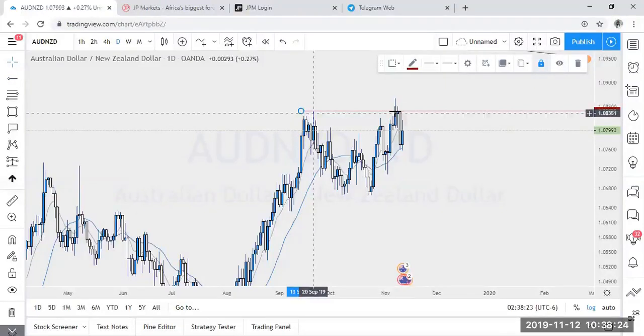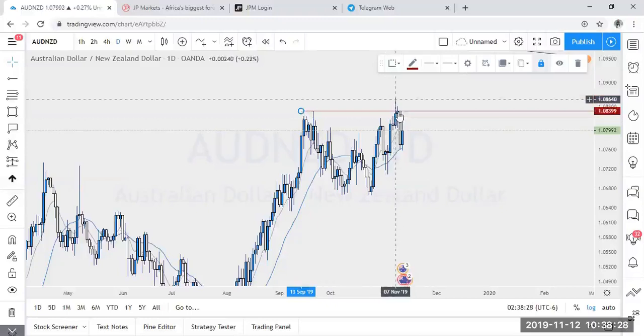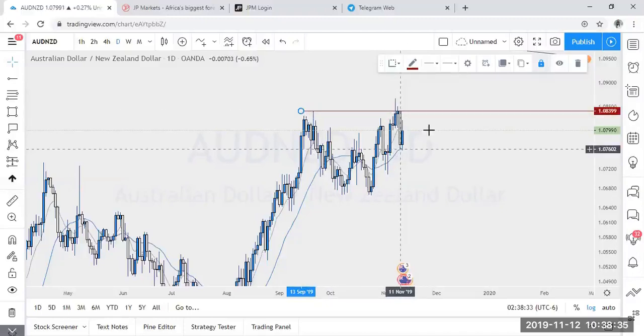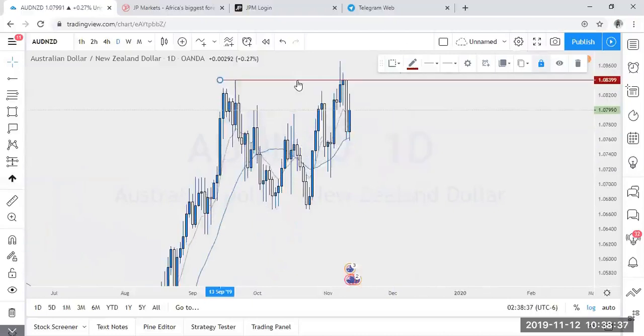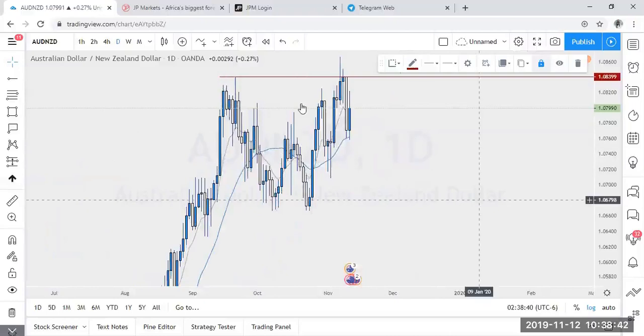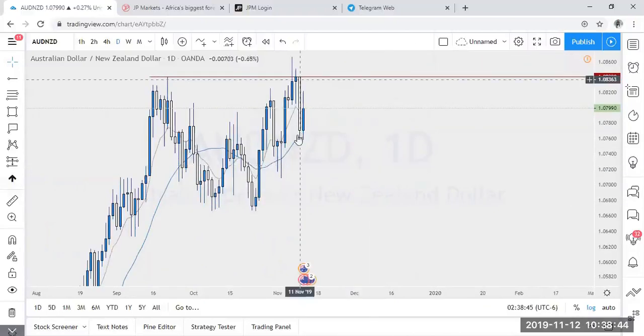Price came all the way back up to that level, spiked through and closed below, spiked through again, closed below, and then yesterday we had a huge drop. If we understand candlesticks, we will know that this candlestick over here is a bearish engulfing. It's a big bearish engulfing candle, showing us that the sellers are very strong short term in this